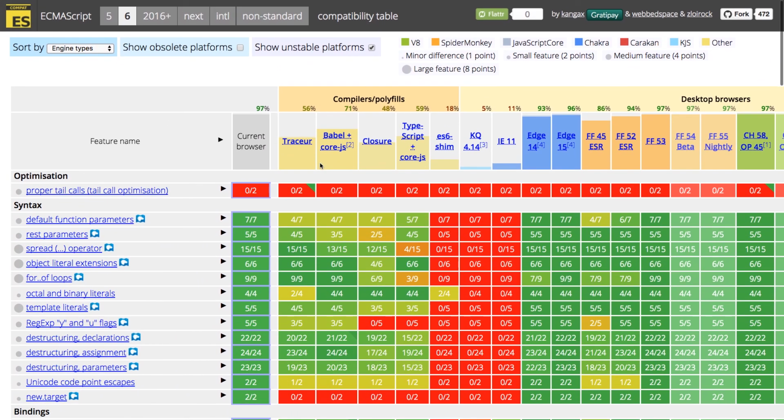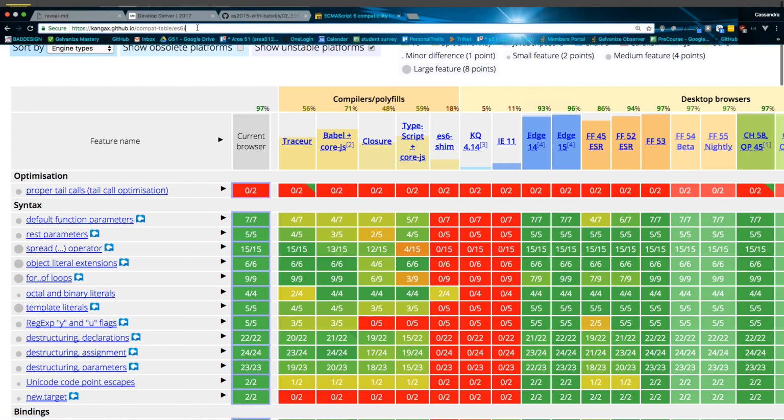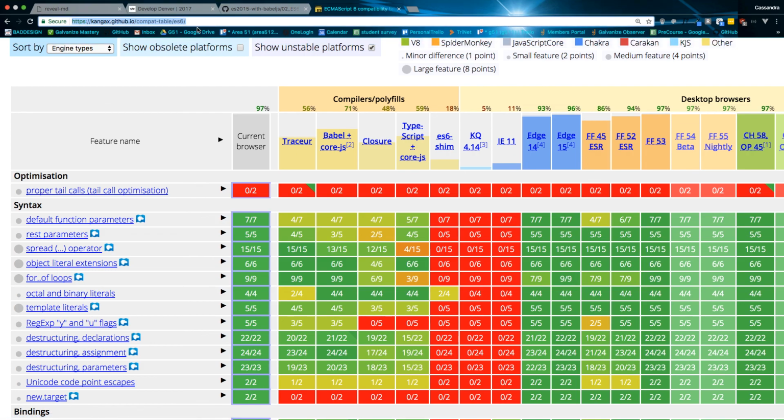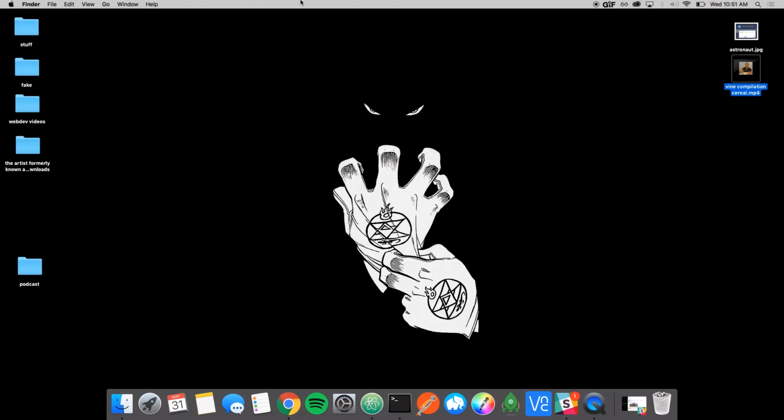Why do people use anything other than Chrome and Firefox? And if they're old, those are old. Well, no, I mean it's the